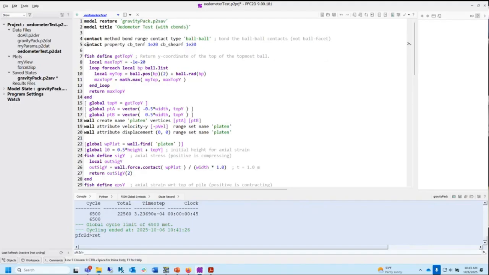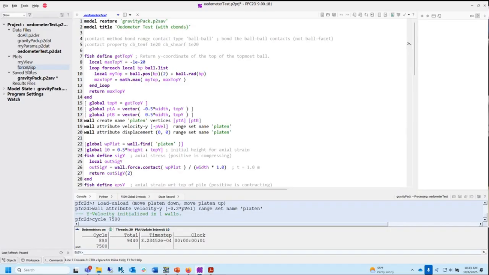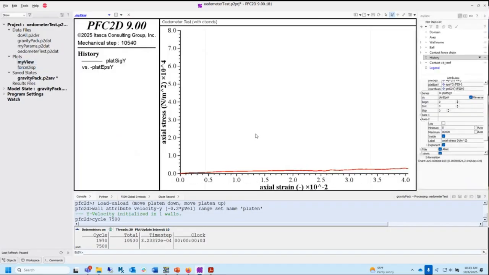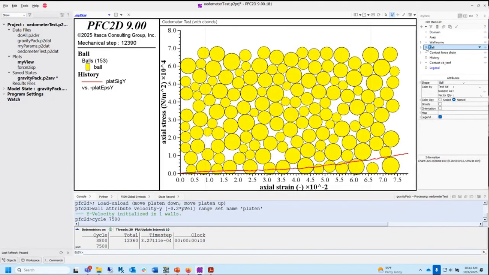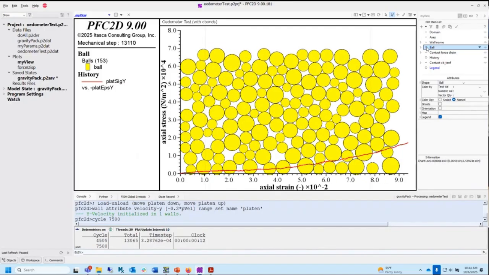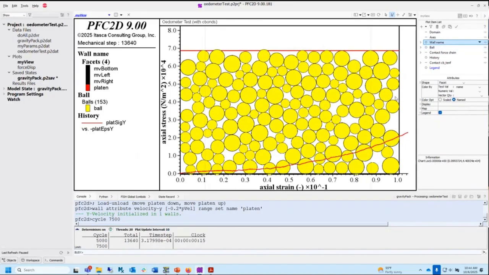So what are we doing here? This time, how could we do this? We're just not gonna bond it. Boom. It's the linear C-bond model again, that's fine. But if we don't make it bonded, it's just gonna be granular. So now let's run this. And now we got this y-axis fixed. So now we're watching this thing. It seems to be a hell of a lot less stiff. We'll make these plots together, right?